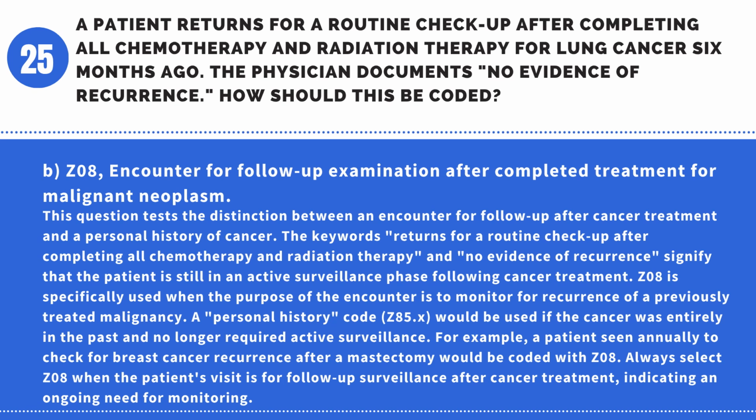A personal history code, Z85.X, would be used if the cancer was entirely in the past and no longer required active surveillance. For example, a patient seen annually to check for breast cancer recurrence after a mastectomy would be coded with Z08. Always select Z08 when the patient's visit is for follow-up surveillance after cancer treatment, indicating an ongoing need